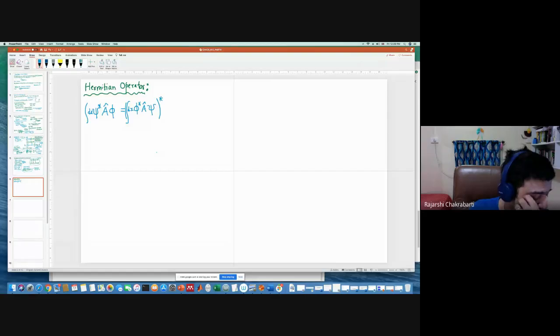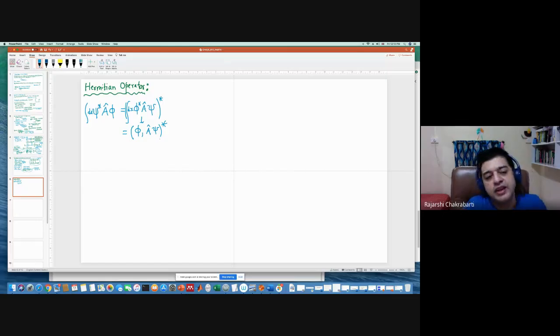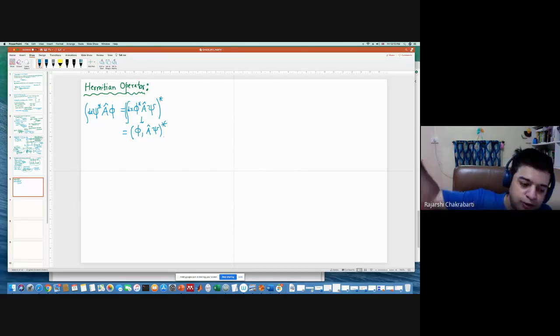What is that? Because if you see, this is nothing but what? This quantity on your left hand side is (phi, not into). This is how it is written, no? (Phi, A operating on psi), then the whole star, complex conjugate of the whole thing. But again, I know that the property of this is equivalent to saying that